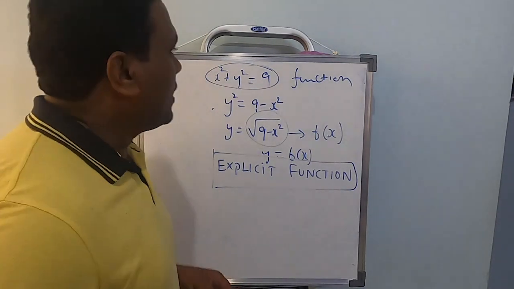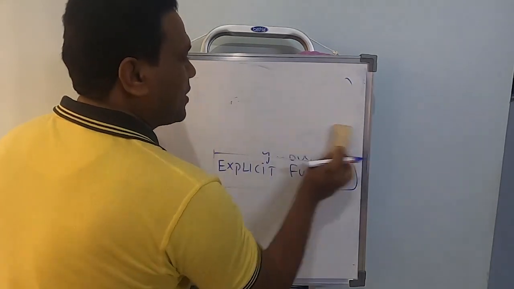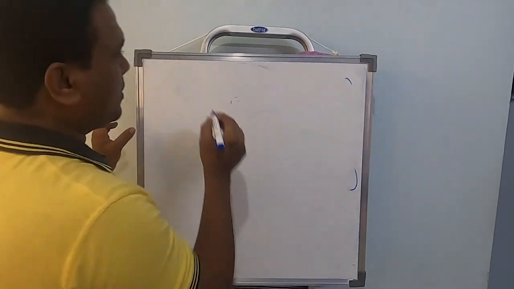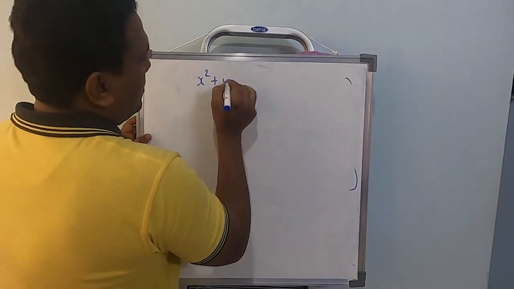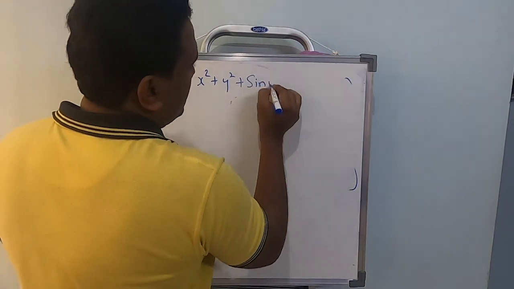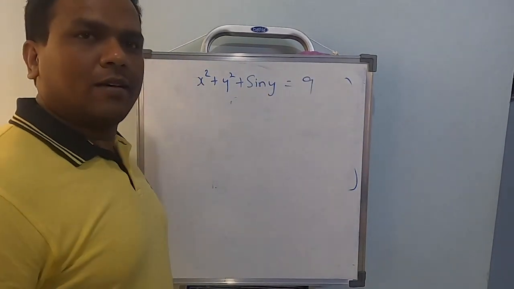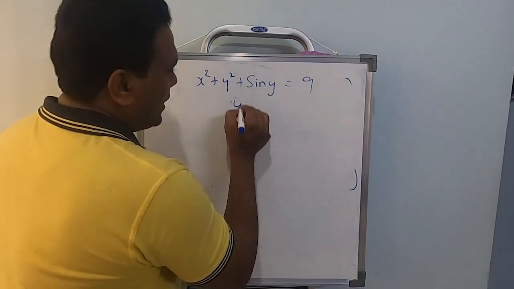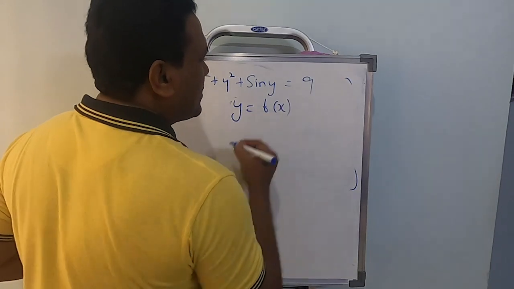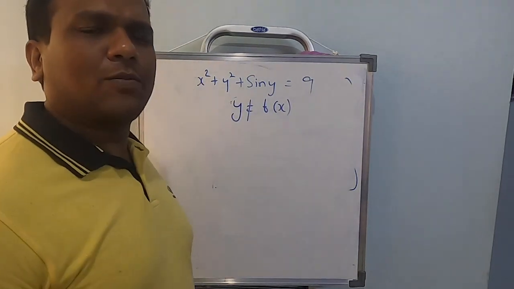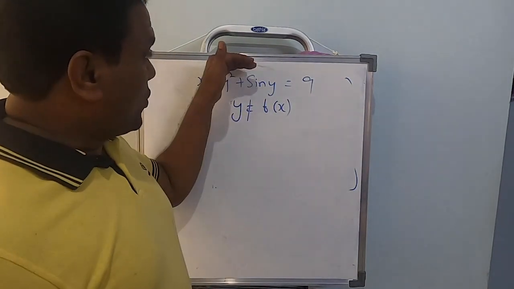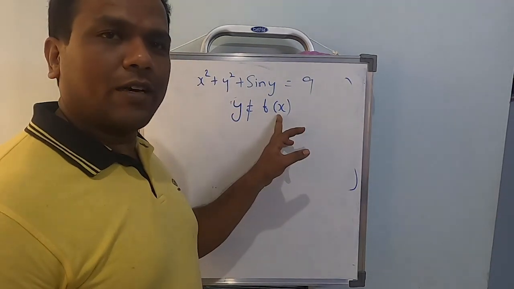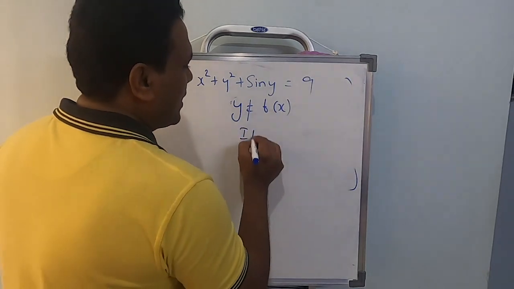Now notice, and let me take one more thing similar to this. Let me consider x square plus y square plus sin y is equal to 9. Now just give it a try. Whatever they have given, you can never express in this format. It is not at all possible to express. So in a given function, if you are unable to express it in the form of y equal to f of x, then that function will be called